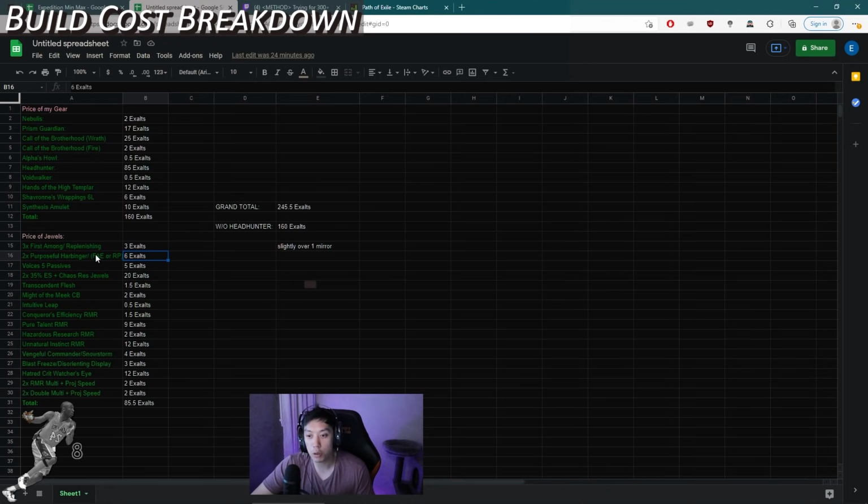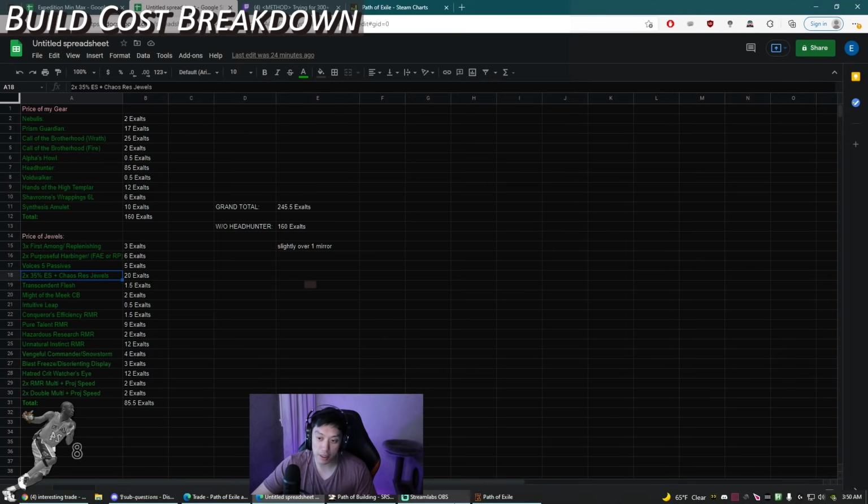So then we have 2x Purposeful Harbinger, FAE, or RP. So what this means is you have Purposeful Harbinger, and then you have the other notable being First Among Equals or Replenishing Presence, and I have 2 of these. And these run around 3 exalts each. I price checked it on Awakened PoE Trade, and that's just what they go for. I did buy these at 1 exalt a pop at the start of the league, but that was a long time ago. Now Voices 5 passive is 5 exalts, and then I have 2x 35% ES plus Chaos Res jewels, and